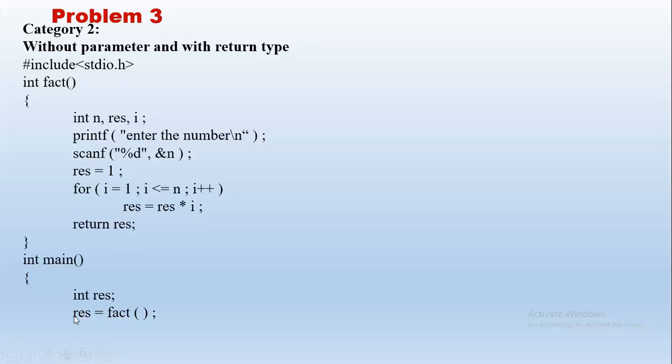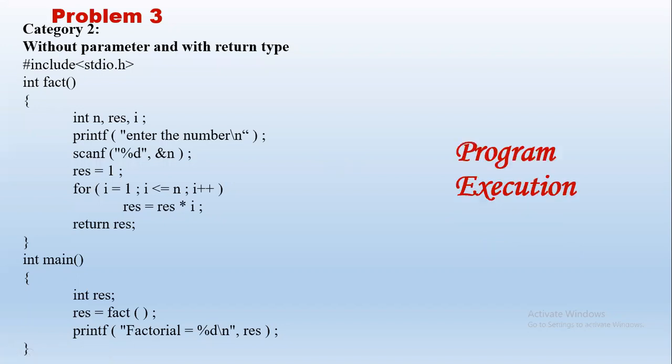Now user needs to know the answer, right? We got back the answer in main. We will print it, right? Factorial is equal to 120. Whatever statement we want to give, we can print. Factorial of 5 is 120, or however we want to print, we can print the answer. I hope this is clear to all of you. Okay, execute this program as well. I'm not executing here because of lack of time. Anyway, I have executed with different test cases. You watch the video, you will know.